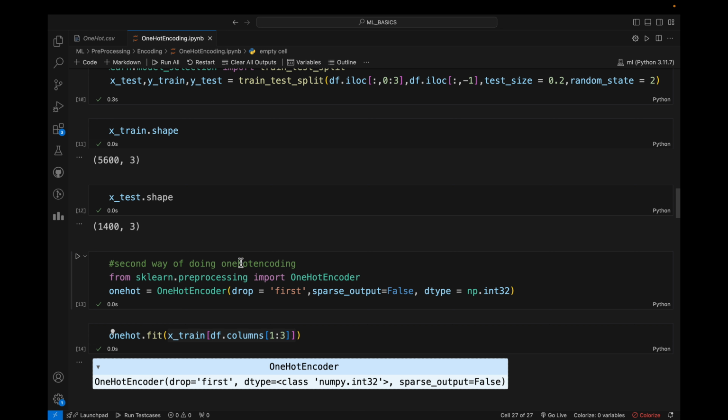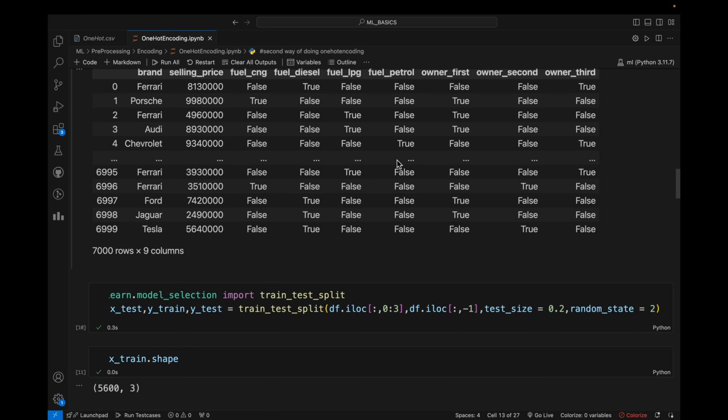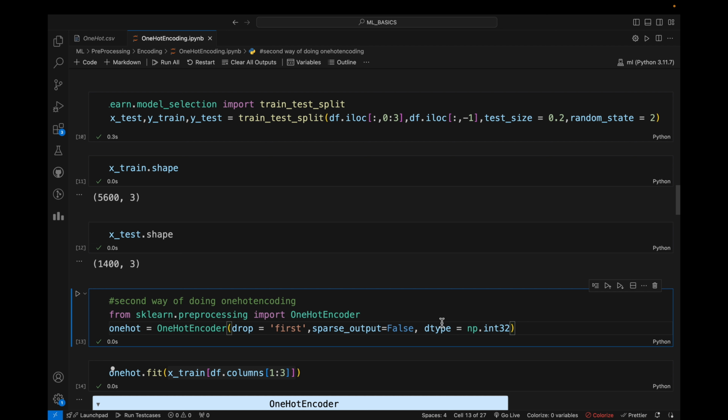Okay. And this is the second way of applying one hot encoding. From sklearn preprocessing, we can use the method that is OneHotEncoder. And here there is something called drop first equal to true, and there is sparse output equal to false, and dtype equal to np.int. Basically, this dtype is simple. That is because here, if you observe, we are having Boolean values, right? Instead of Boolean values, if you wanted to represent 0 or 1, we can simply use this dtype np.int. And sparse output is like, if you have an idea about sparse matrices,